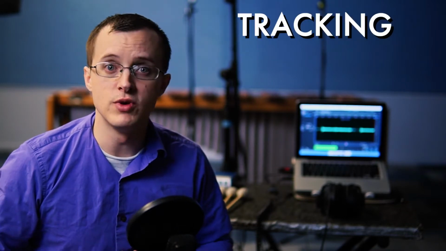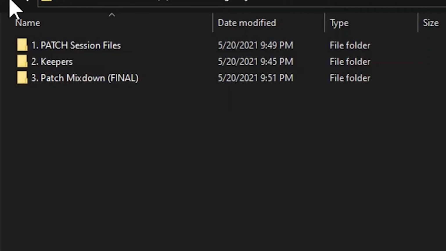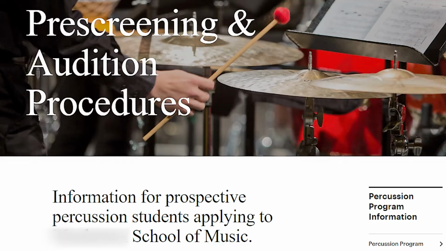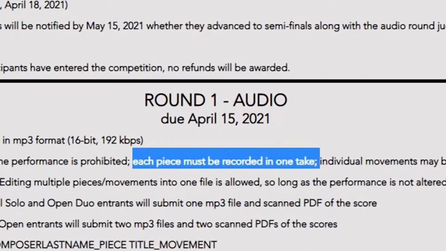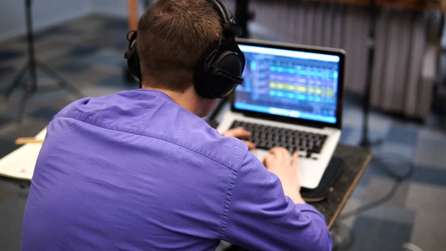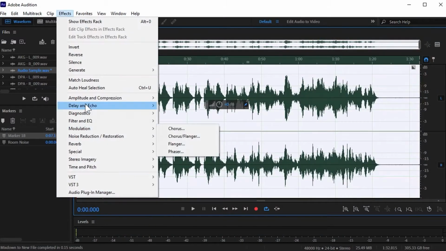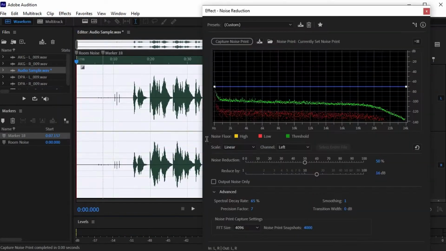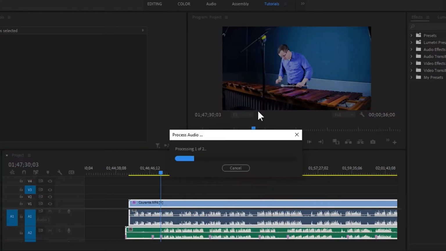Tracking refers to how you keep track of and organize information throughout the session to help speed up the editing process. The level to which we track depends on the delivery of the final product. For example, if we're tracking a session that's intended to be delivered as a college pre-screening or competition recording, our job is pretty easy. We just record a bunch of takes, determine which one was best, mark it, and we're pretty much done. All there is left is normalizing the audio levels, maybe some noise reduction, aligning with video, exporting,